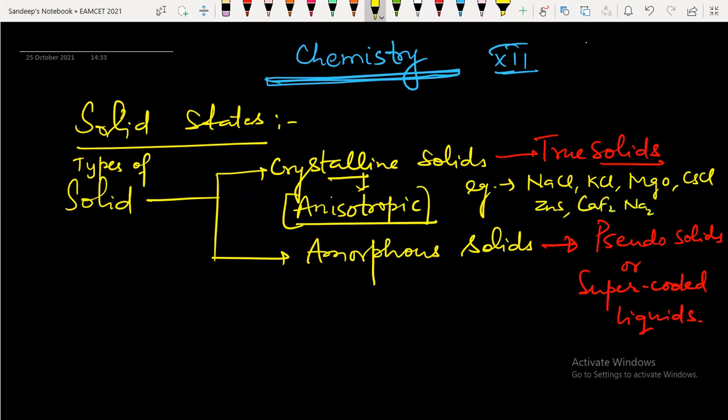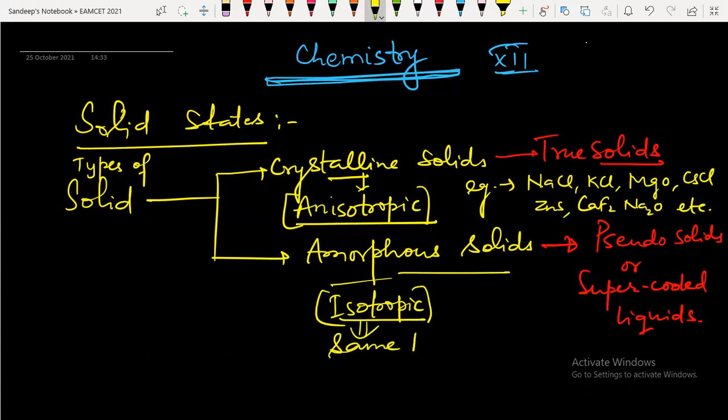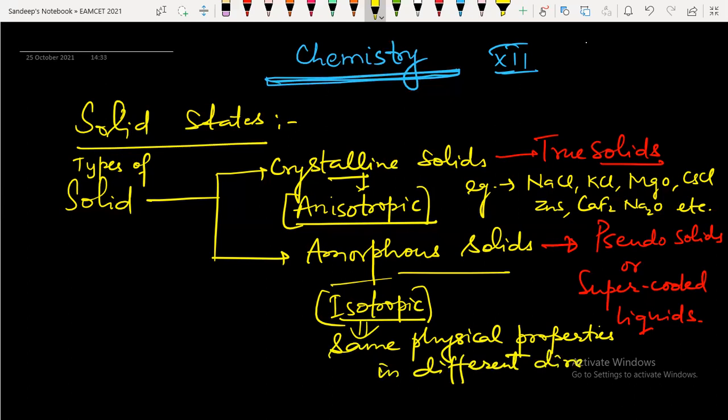CaF2, Na2O, etc. Now, amorphous solids, they do not have a regular geometrical arrangement of particles. They do not have a fixed melting point or definite enthalpy of fusion. They are isotropic, meaning they have same physical properties in different directions. Some of the examples of amorphous solids are polymer, polythene,